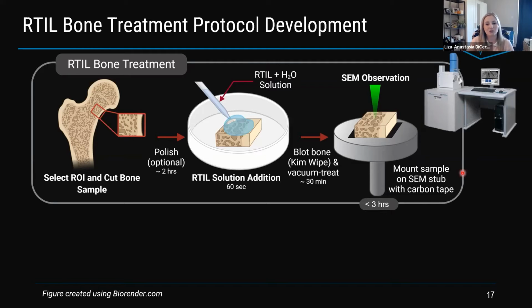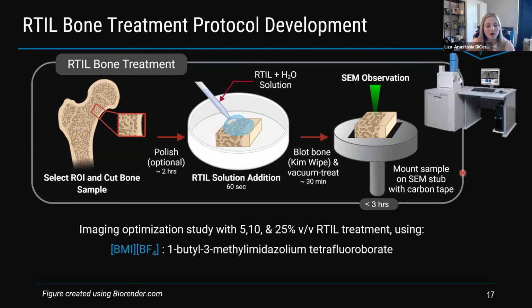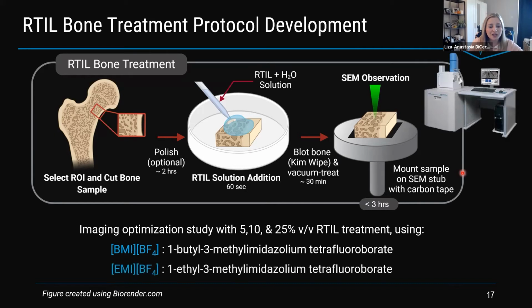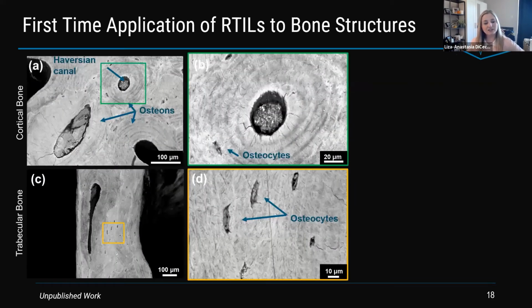So this enables us to do this. In this study, we used two common ionic liquid treatments, BMIM-BF4 and EMIM-BF4. These are two really common imaging ionic liquids used in applications. Because no one had done this before, I had to play around a little more with the parameters, but it was more of a feasibility study to develop a protocol that would work in our team, trying different things. Here is a snippet of some of the images from this treatment in backscatter imaging, and it worked.